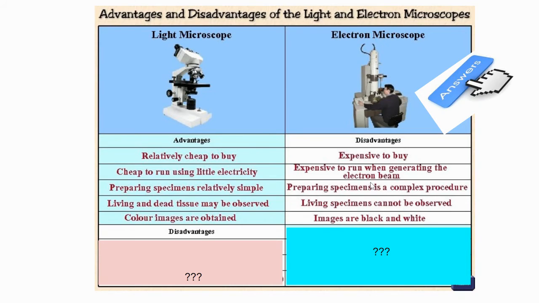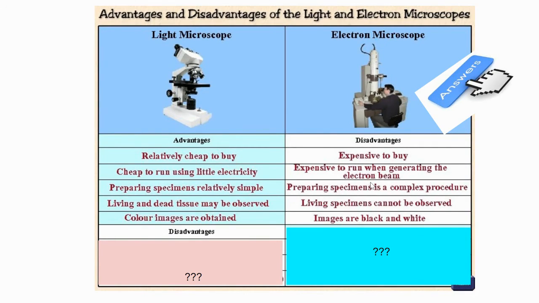Preparing the specimen is not very easy because electron microscopes, as you will be studying in the future tasks this week, require a certain environment in which you need to keep your specimen. Otherwise, the electron beams will not fall on the specimen. Another problem is you cannot observe living specimens in an electron microscope. So the electron microscope always shows you the image of something that is either non-living or dead.